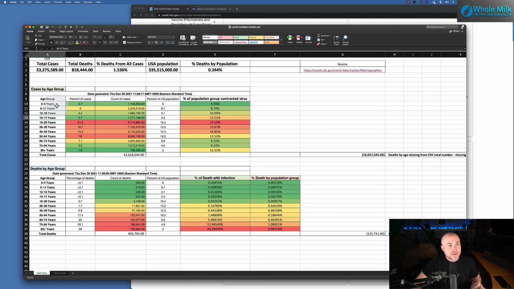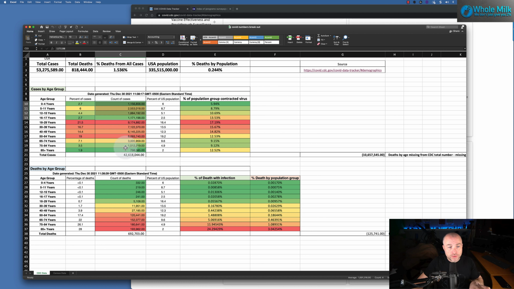So 17 to 0, pretty much anyone who's public school age will fall into that category. The 18 category, most likely there are going to be some 18-year-olds that fall into that, but we can't really break that data out. They don't have it categorized in that way. So we're just going to look at 17 to 0. And again, this is cases by age group. So from 0 to 17, there's been 6,765,264 cases based on this data set.